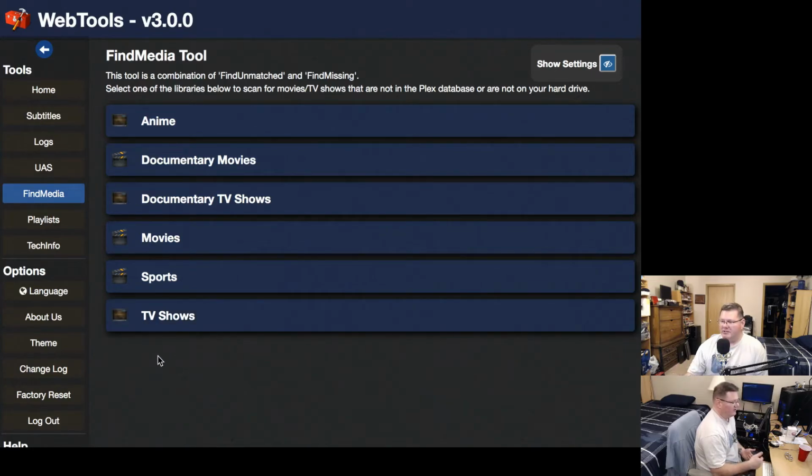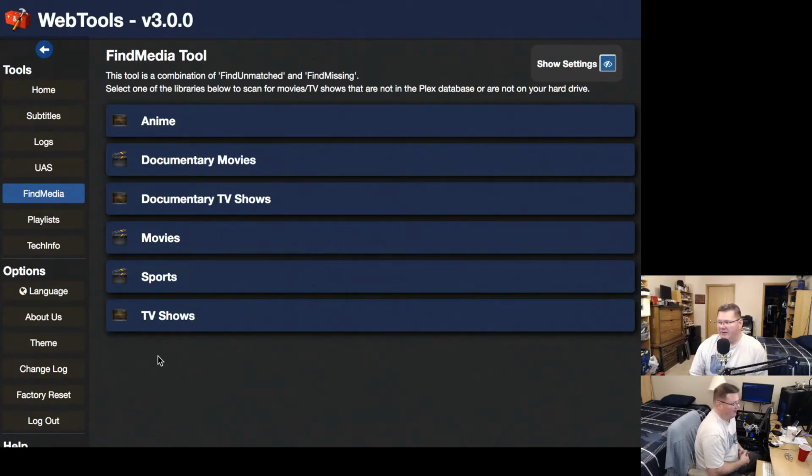It'll go to the next page, and it'll start indexing immediately everything that is in the Plex database right now, and then it will go through and compare that with what is on the hard drives that it can find. So my particular hard drive, since it wasn't there and that file structure wasn't there any longer,